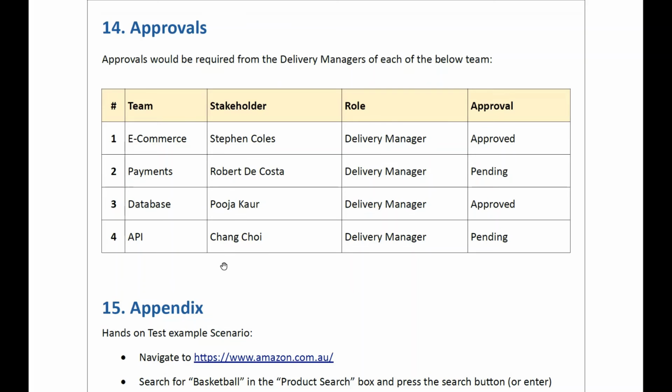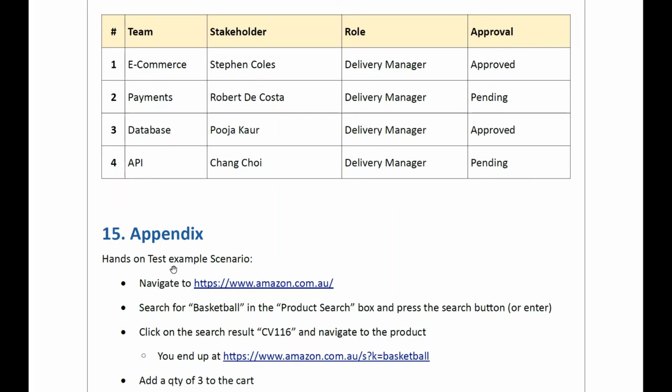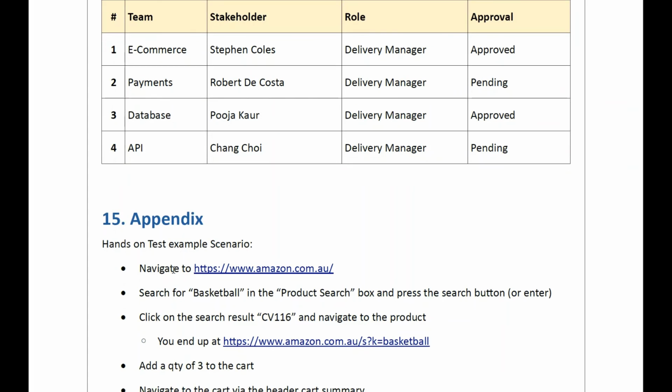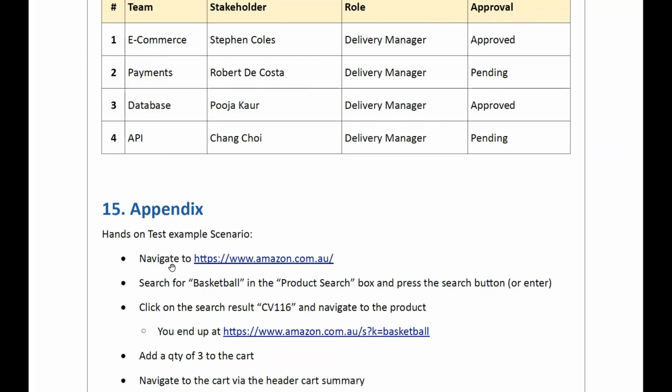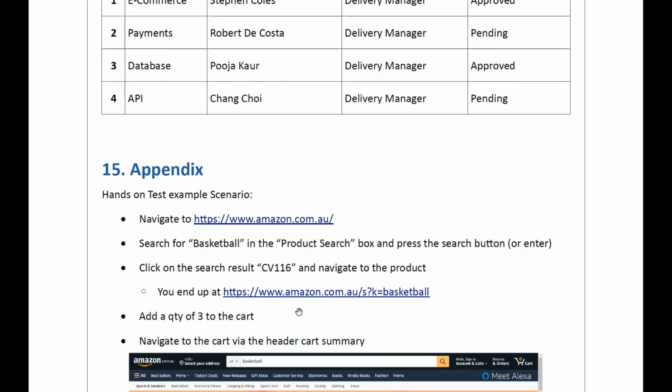And then we have the appendix, where we have all the steps, step by step, how we follow the application: navigate to the application, then search the product and add it to your wish list and all.